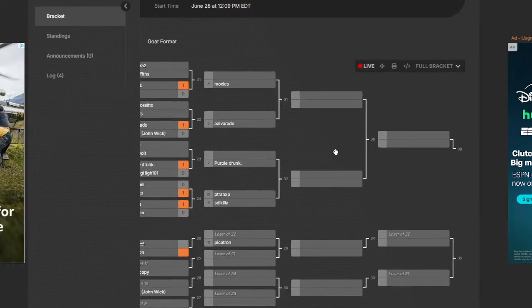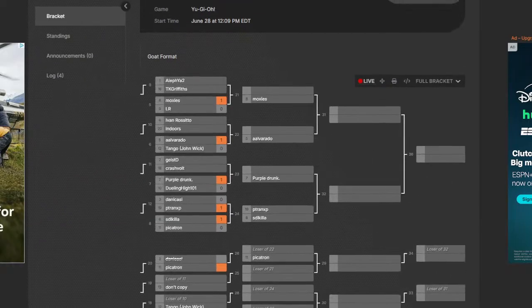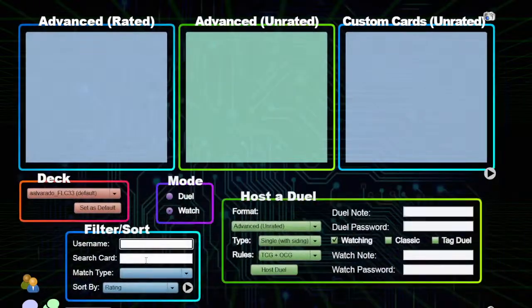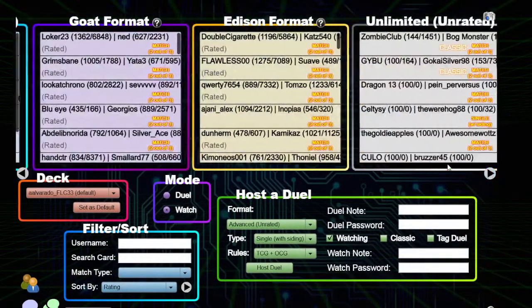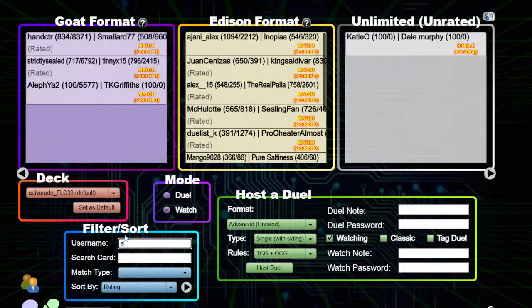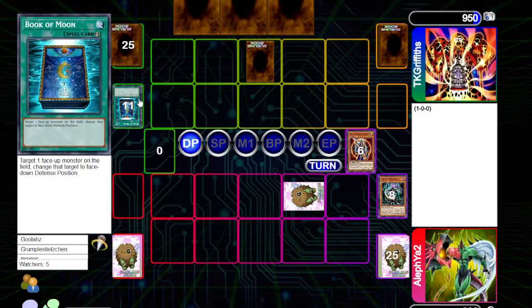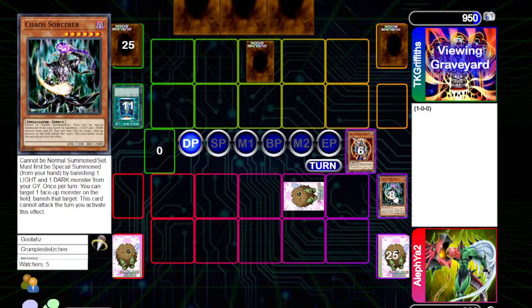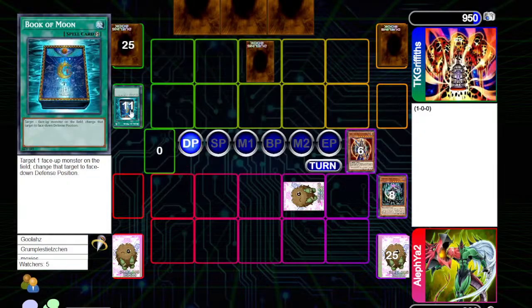I have a wish for the next game. Can we go Alfia against TK? Of course, because those are some spice lords. Gotta see the fun stuff. It's always a treat to watch TK Griffiths play because this duelist does not get a lot of action, I feel. Alfia looks to be on Quish, and TK seems to be on